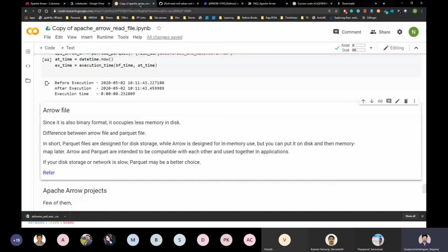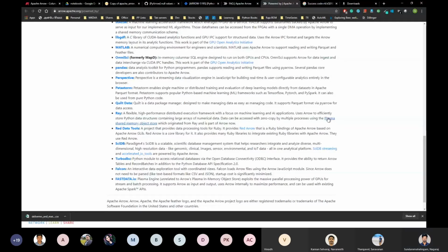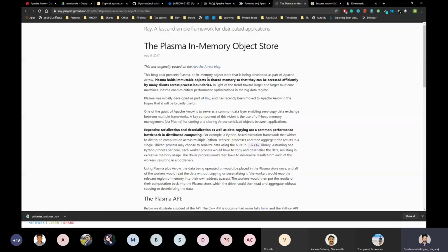Okay. And there are other projects in Apache Arrow, because there are a lot of projects. A few of them I want to explain. Say, Plasma.